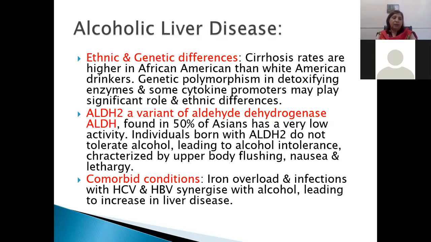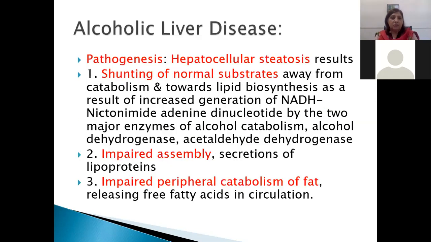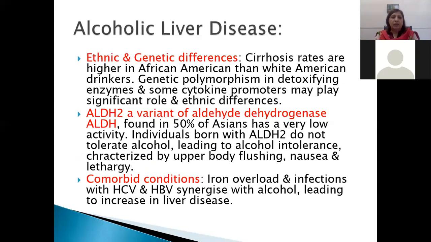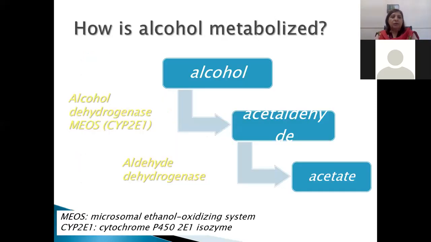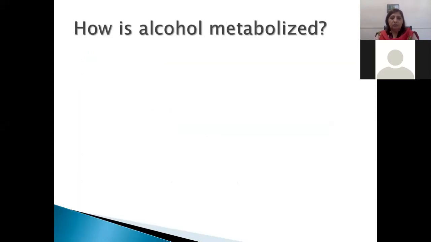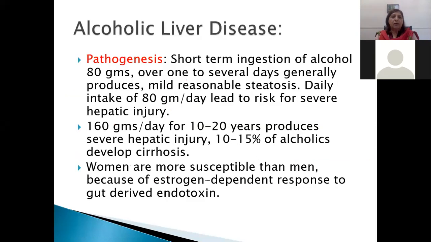So these comorbid infections like hepatitis C virus, B virus, or iron overload can lead to enhancement of the alcoholic liver disease as compared to the individuals who do not harbor these infections. Okay, so who are going to be affected? As I've told you, those who drink a lot of alcohol over a prolonged period of time, they can develop severe hepatic injury